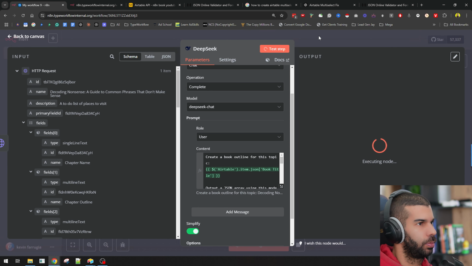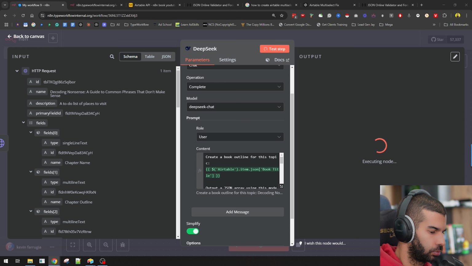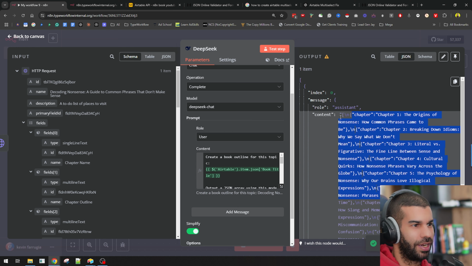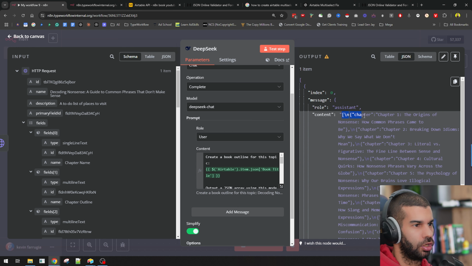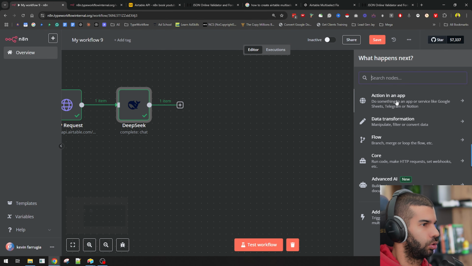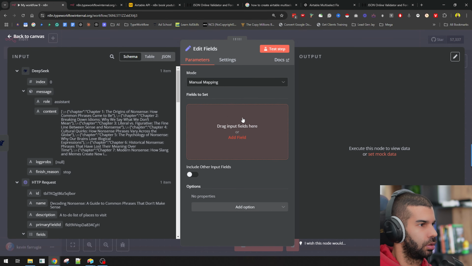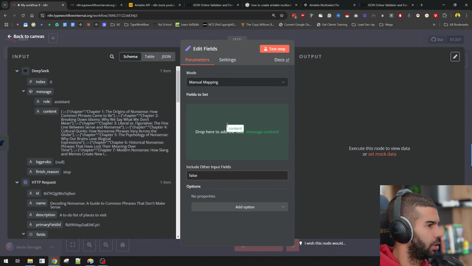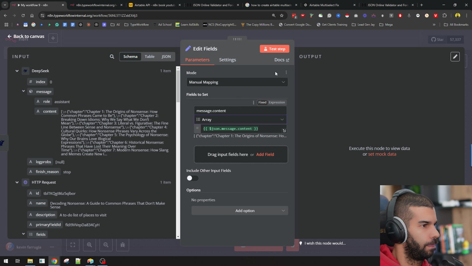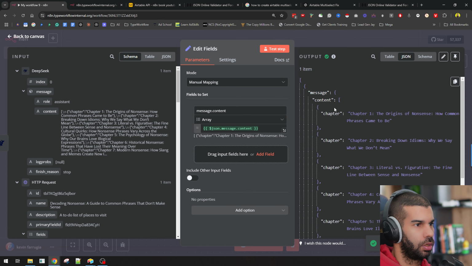So let's test the step. Hopefully we'll get, yes, the chapters right here. So the next thing we need to do is just break this down into separate items. The first thing is we're going to convert this into an array. So technically, I think if we just do that, convert to array, this should create our array